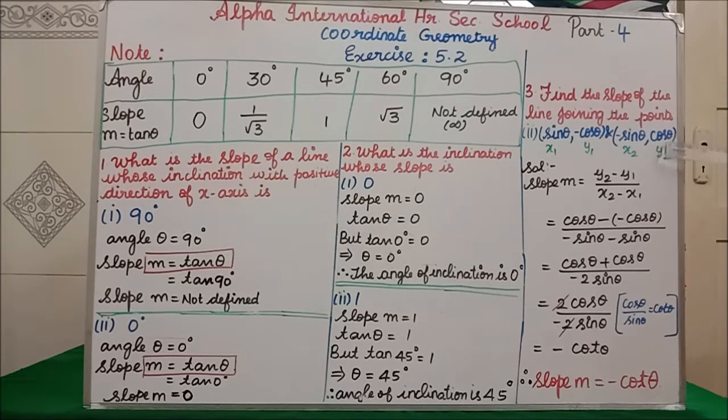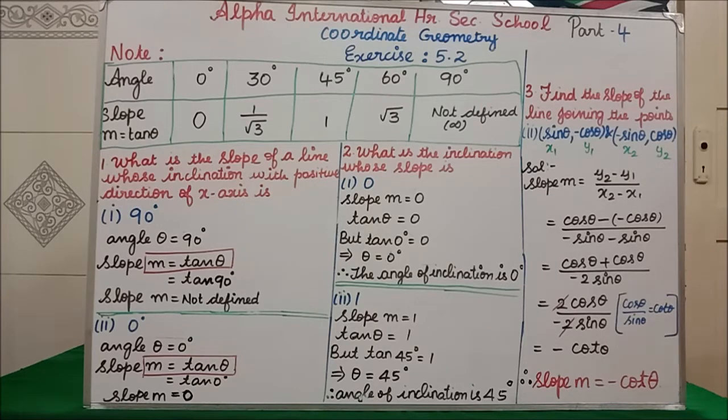So what is our y2? Cos theta. So substitute. Minus, what is our y1? Minus cos theta. So minus minus cos theta, divided by what is our x2? Minus sin theta. So write here minus sin theta. In the middle, minus. What is our x1? Sin theta. Now you see, cos theta minus minus becomes plus. So cos theta plus cos theta, and in the next step we write divided by minus sin theta minus sin theta.